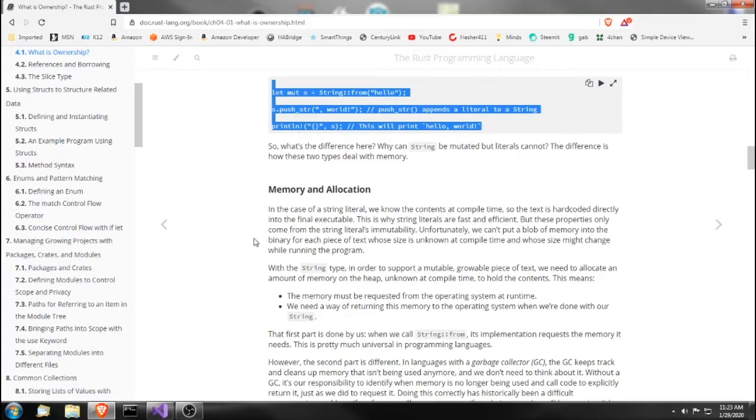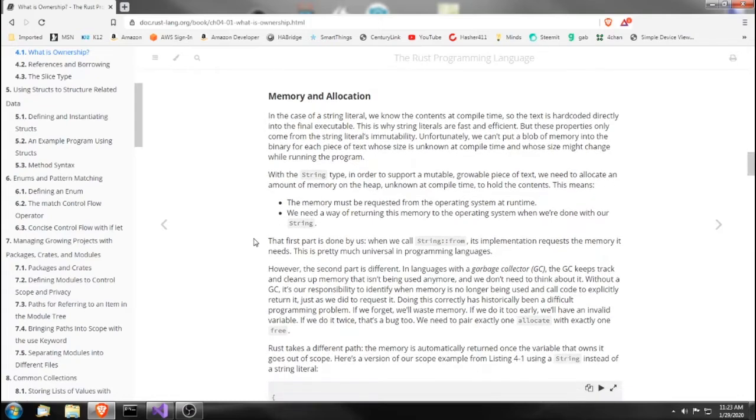So what's the difference here? Why can String be mutated but literals cannot? The difference is how these two types deal with memory and allocation. In the case of a string literal, we know the contents at compile time, so the text is hard-coded directly into the final executable. This is why string literals are fast and efficient, but these properties only come from the string